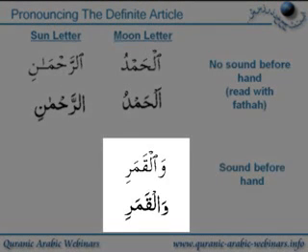So here we have the word again, and this is the word qamar, but we've got the word wa before it. So we've got the definite article, but before that is wa. So in this case, you now do not read the